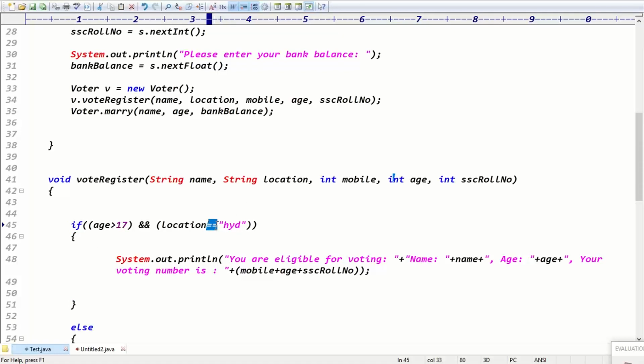Here you can use the equals method, dot equals, simply. Don't use double equals for strings, because it compares memory addresses, not data. Try the equals method and you will get clarity. Guys, when you compare string data, don't use the double equal operator. Try to use the equals method.